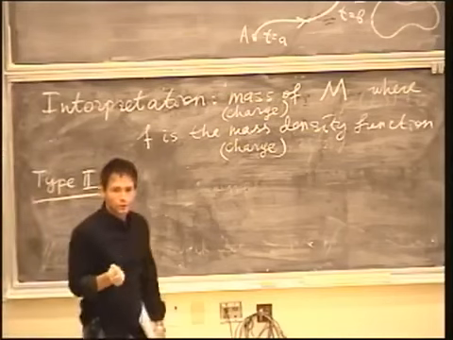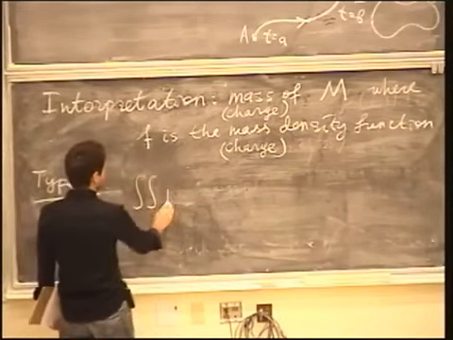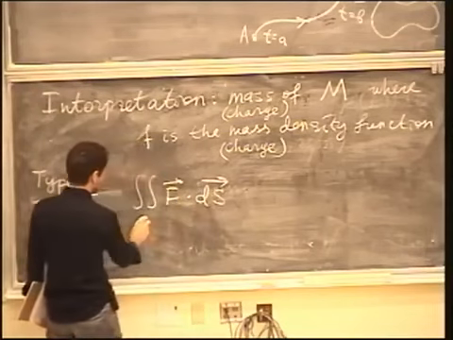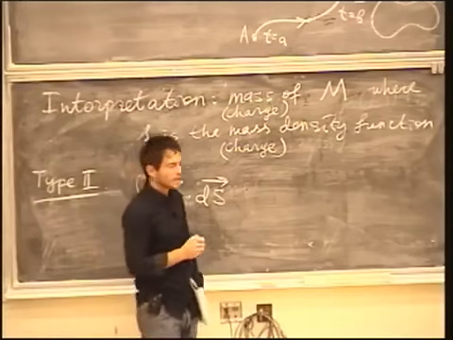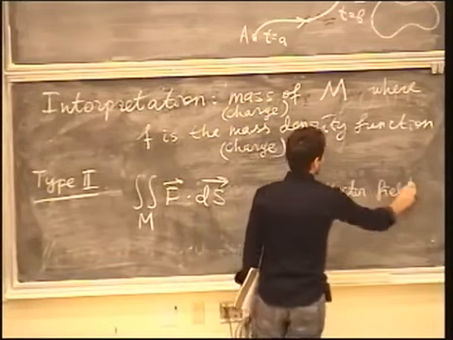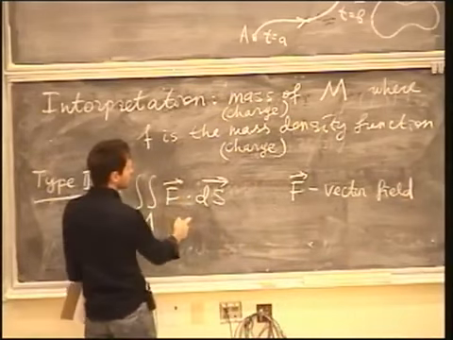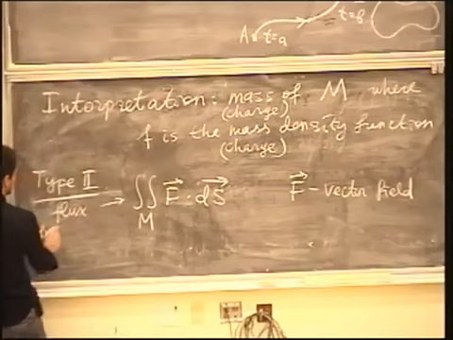And next we go to type 2 integrals. Type 2 integrals are integrals of vector fields. In this case, we're given a vector field F. And we're computing this, which is sometimes called surface integral of the vector field, but oftentimes it's also called flux. Flux of F across